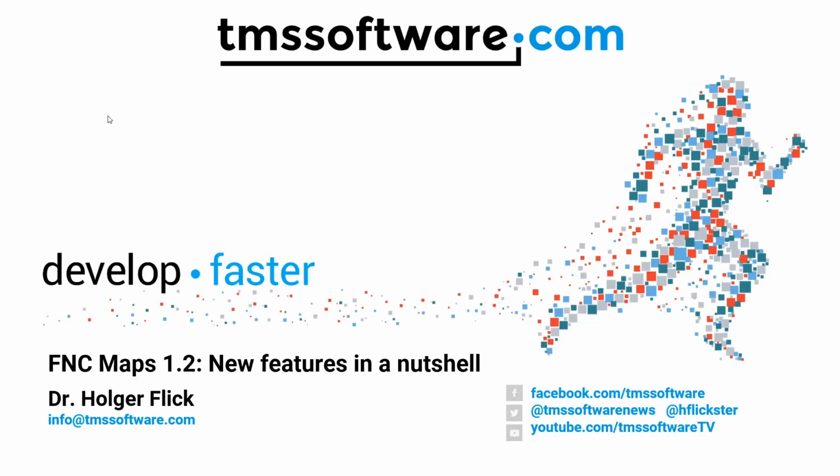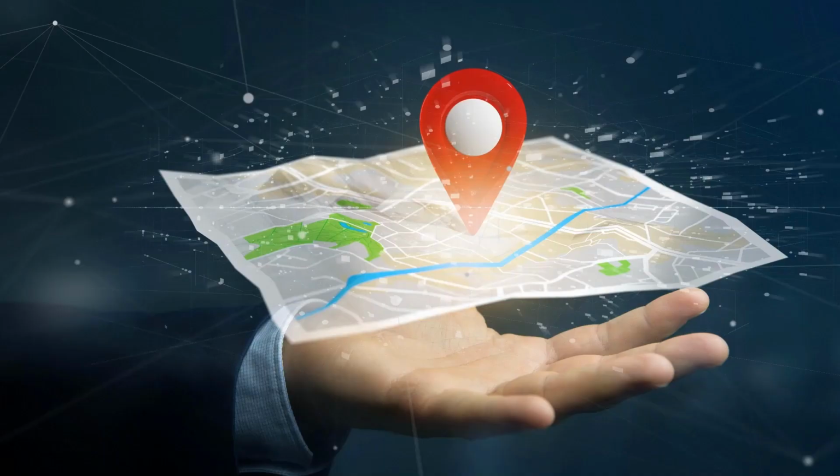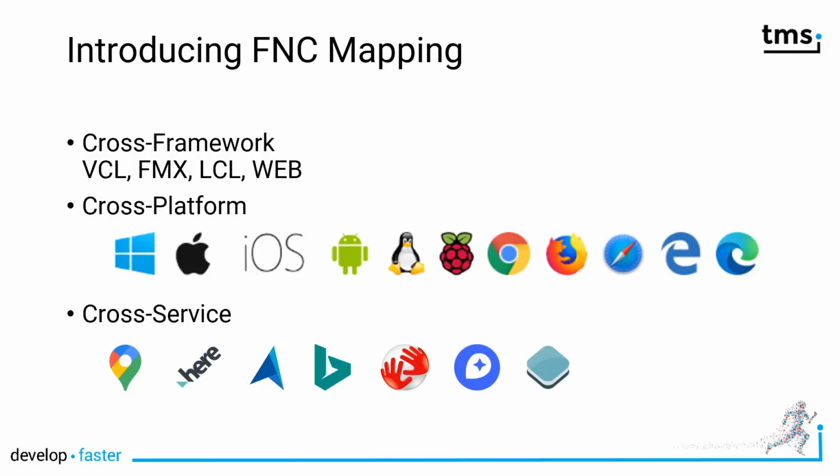Welcome to TMS FNC Maps version 1.2, all new features in a nutshell. FNC Maps is the power of mapping at your fingertips. It is a mapping solution written in the FNC framework, which means it can be used with VCL, FireMonkey, Lazarus, and of course TMS Web Core. That means you have a cross-platform solution targeting multiple platforms, including Windows, Apple macOS, Linux, and mobile platforms like iOS